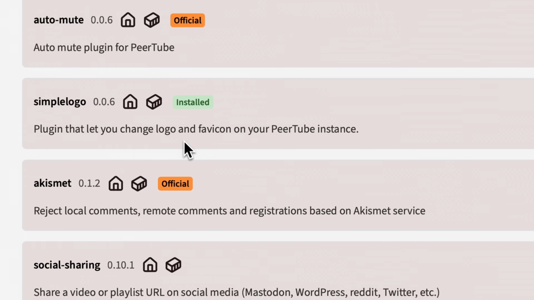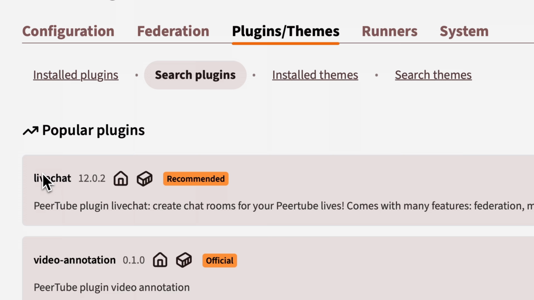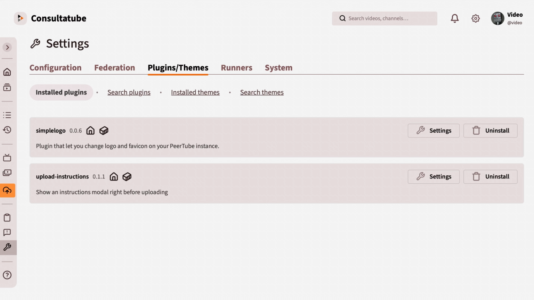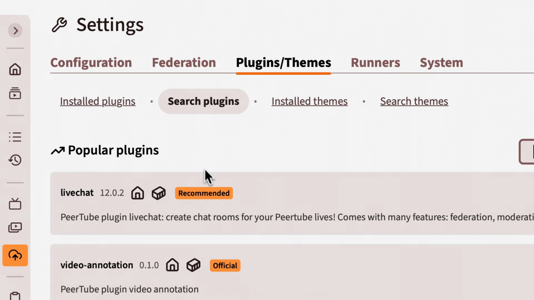Just keep in mind with plugins that they can be a source of instability and bugs on your instance, especially if they're not official or recommended plugins. And with those bugs and glitches, it can be really hard to remember, oh, this might be caused by a plugin, especially if you're using managed hosting where you're not getting fed all of the logs from the server. If you do encounter any kind of stability or performance issues with your PeerTube instance, I highly recommend coming in here and disabling any plugins that aren't official or recommended ones from the folks that make PeerTube.